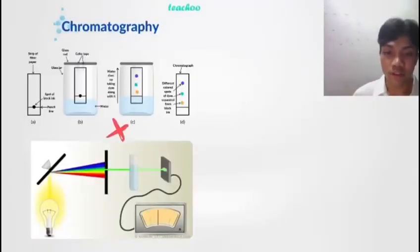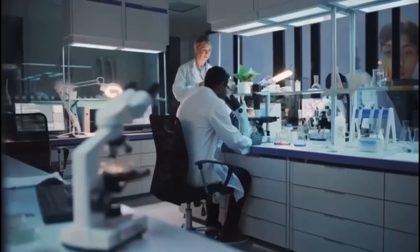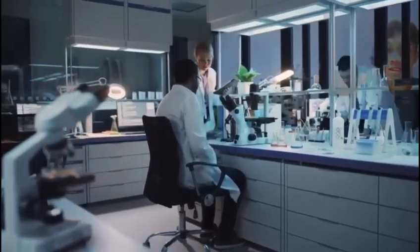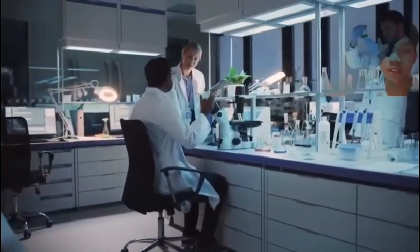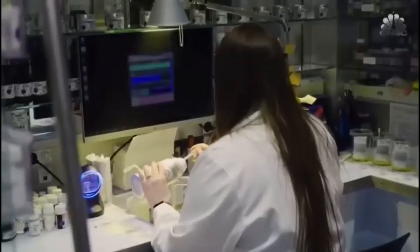Next, these are some concerns regarding the detection of catechol and resorcinol in aqua samples. Chromatographic and spectrophotometric detection methods are time-consuming and require complex apparatus and specialized labor. The detection of catechol and resorcinol requires a huge amount of money and expenditure in order to analyze the presence of these compounds. Skilled labor is essential when it comes to handling large instruments in order to reduce potential complications that may arise